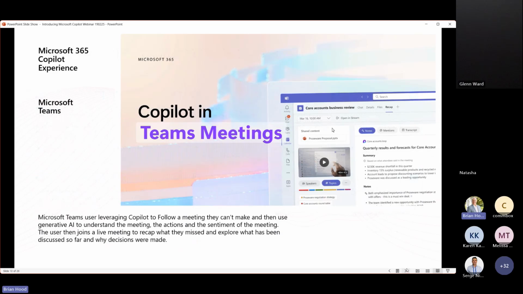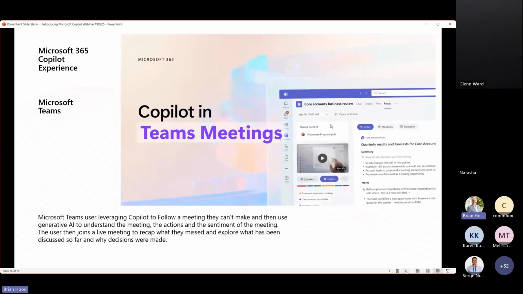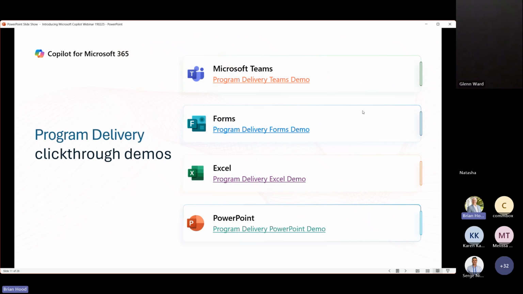So the demonstration we're going to give you today is, and there was a lot of debate in the office here about what's going to be the most effective demonstration given the large number of people from different organisations and backgrounds. But we've landed on doing a demonstration in Teams for you today. If time allows, we've got other demonstrations that we can go through.